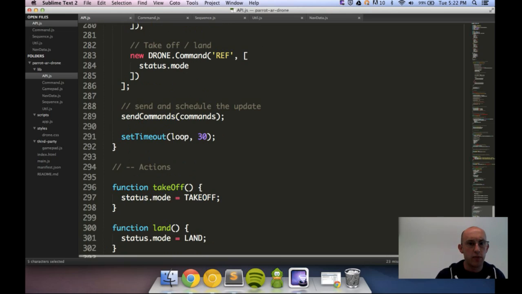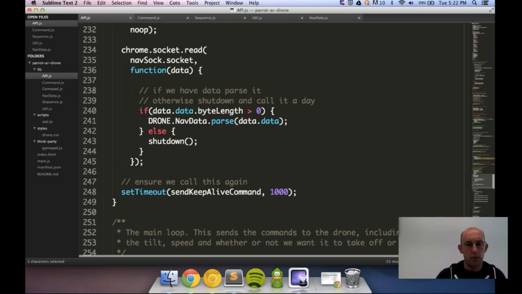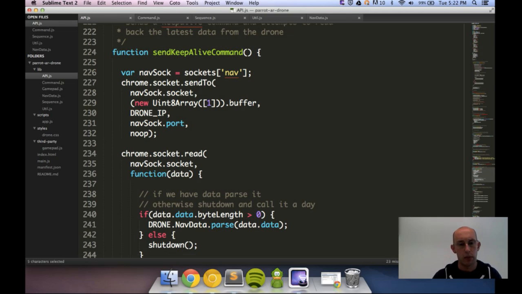It's something of a to-do of mine to actually pull in more nav data and potentially use it to visualize what's going on a little bit more. But what we do is we read from that nav socket, and if you remember back at the start I said 5554 is the socket on which the drone's going to send its information to you. So we read from that, and if we have data, we just run it through this